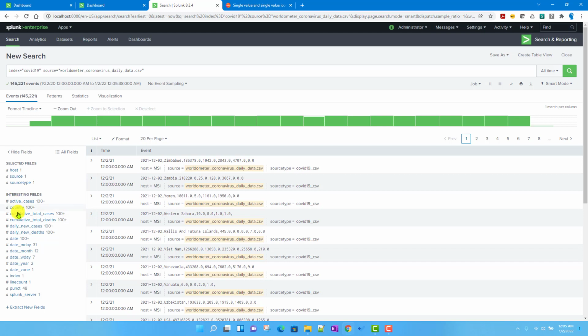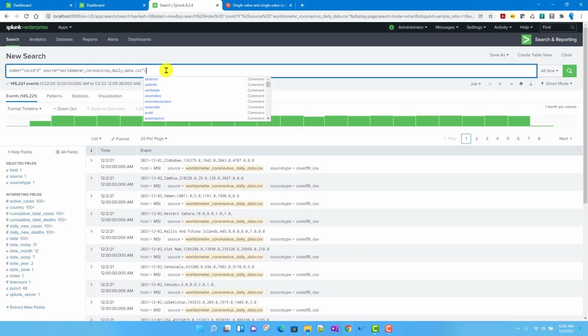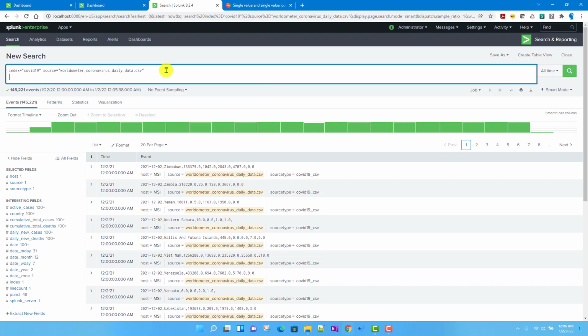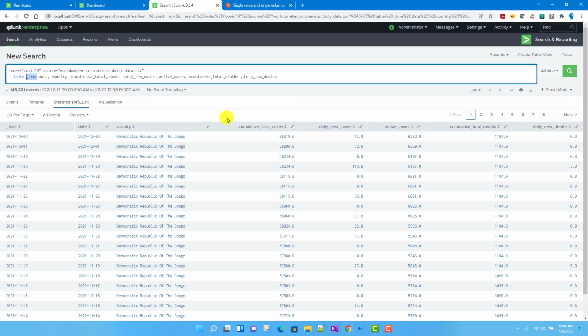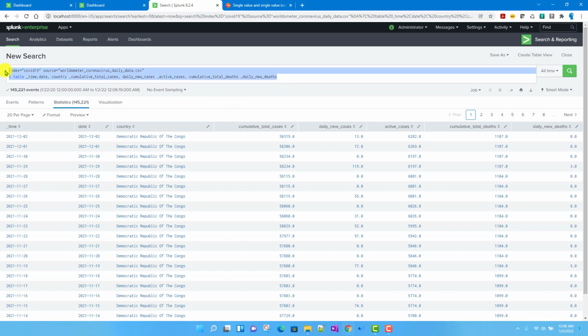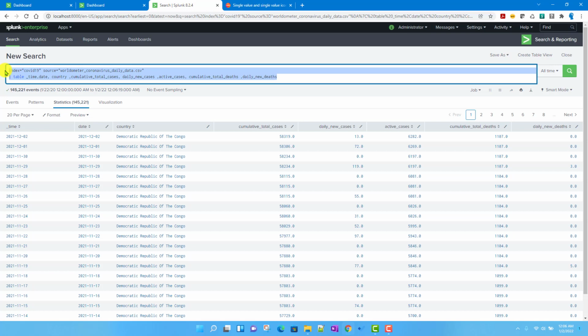I will table the necessary columns I need. I'll copy that, and we will table these columns including our _time, because we are going to create a timechart. This will become our base search for the daily data, so let us create that.